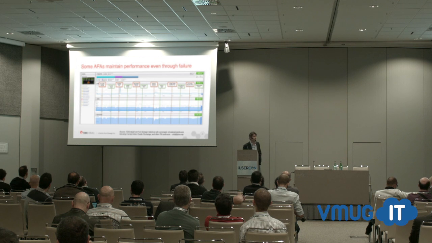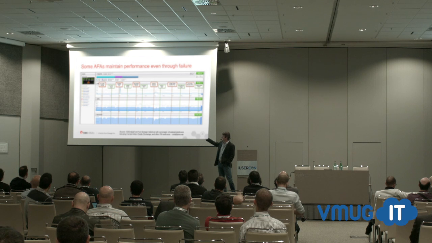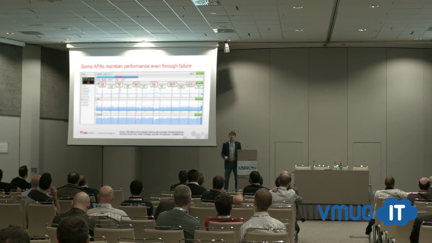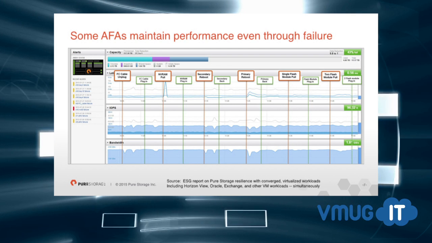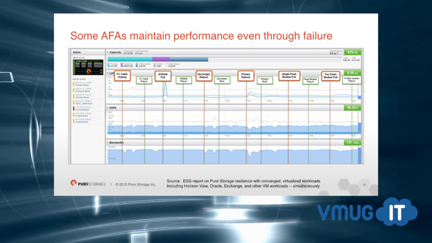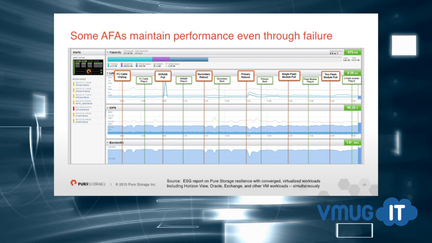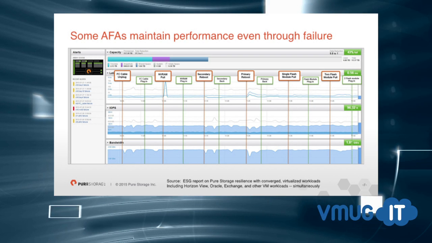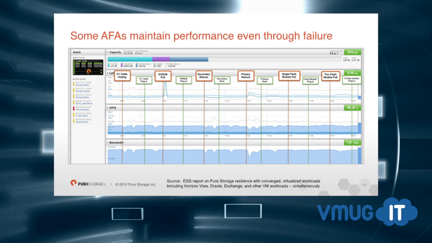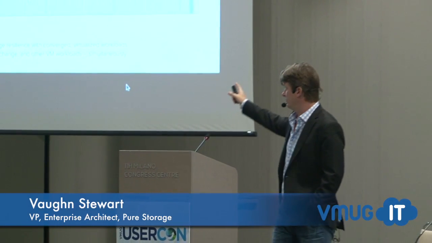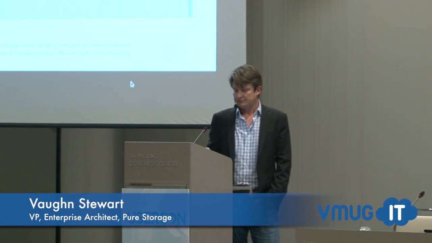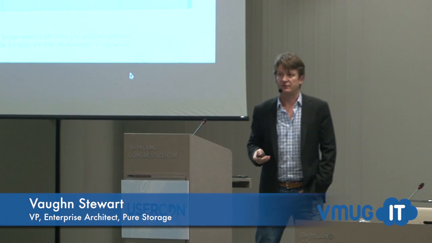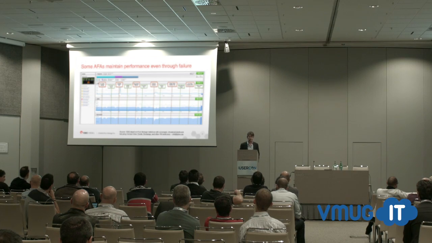A different view of this, and this is from the same report that, if you're interested, I'd ask you to look at, is showing you failure states as they occur with this same working set and how performance stays very linear and flat. And not that there aren't any dips. Some of the failures are a little more impactful than others. Probably the largest one here is in the center, where there was a reboot of one of the controllers in the array, and you see a performance dip that lasts about a minute. Those time intervals, for those who can't read in the back, are every 5 minutes. And so again, a very different type of impact within your infrastructure.